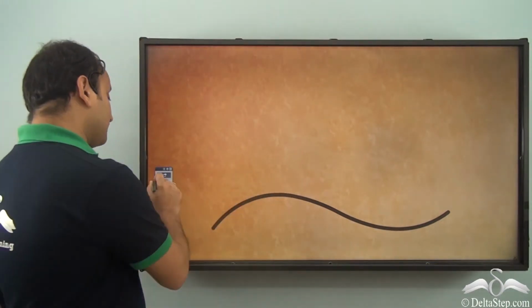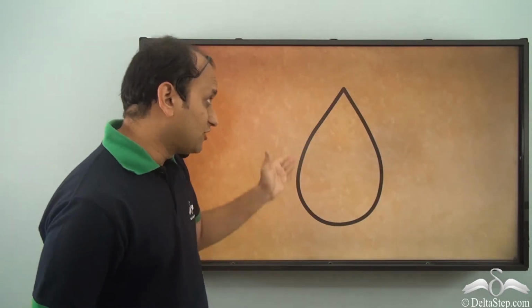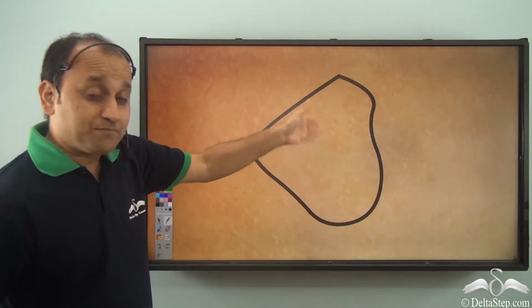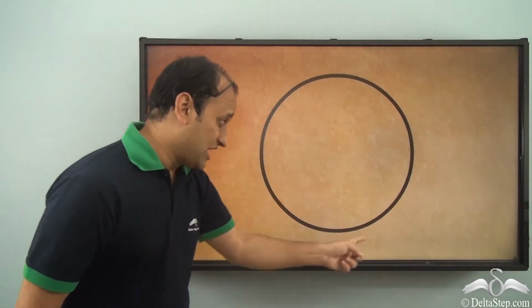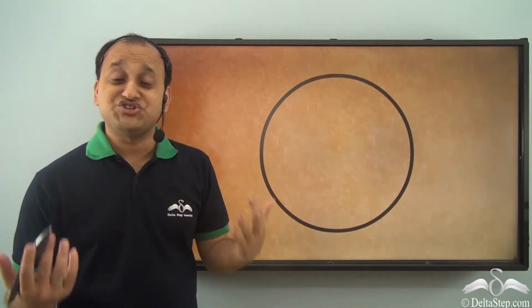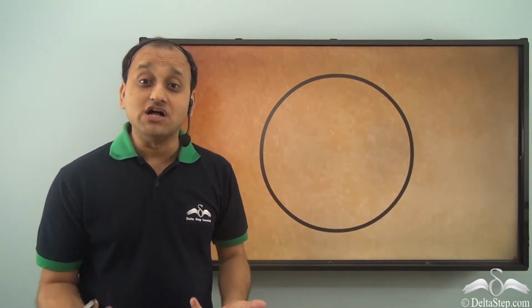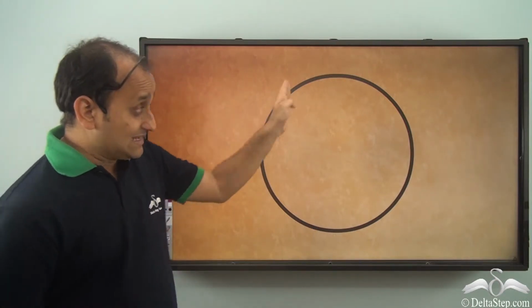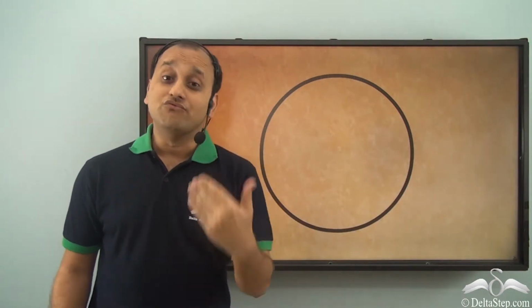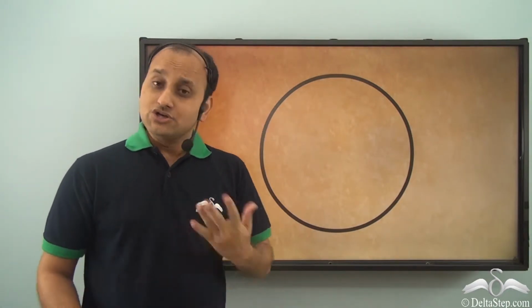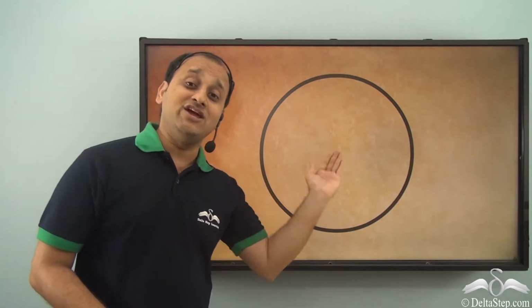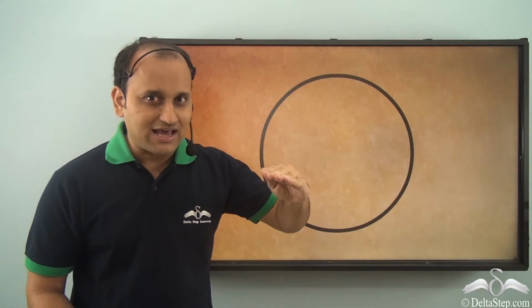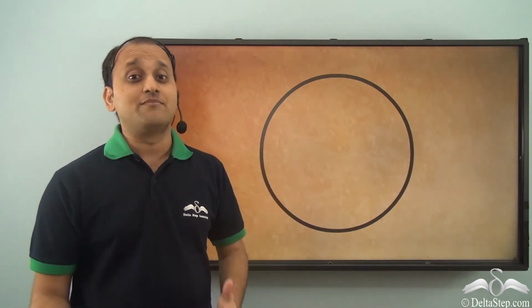So this particular curved line can also give you this particular shape, which is shape of a drop, or this particular shape, which is shape of a random rock, and it gives you this shape too, which is the shape of all types of balls which we use to play. So this again is a very important shape, which is basically curved line. So curved lines are very important too. Without curved lines, you will not have any of these shapes. So just like straight lines, curved lines are also very important for us.